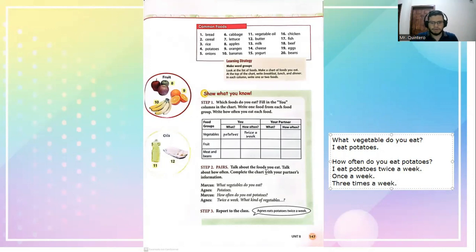Okay, talk about the foods that you eat. Okay, remember, this is about you and this is about your classmate. For example, I'm gonna ask another person that is next to me, another classmate, and I'm gonna ask, hey sir, my friend, come here. How often do you eat a vegetable? How often do you eat fruits? Yeah? And you're gonna ask,